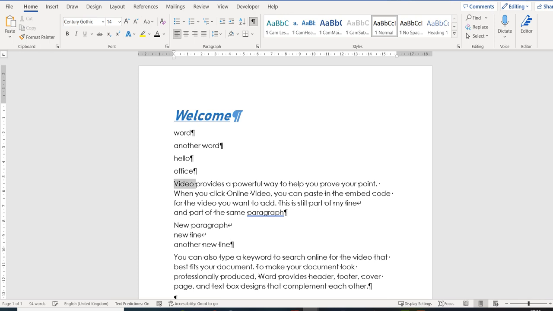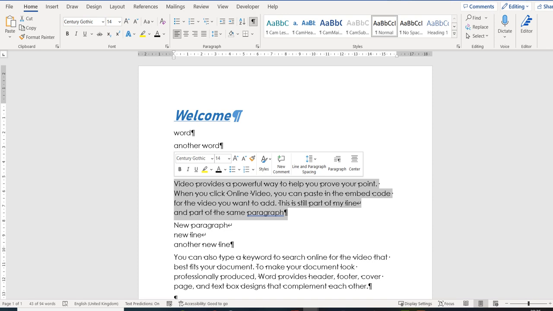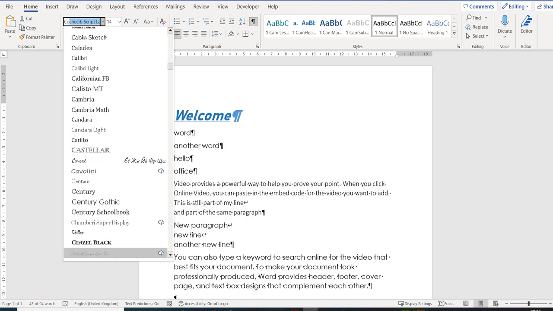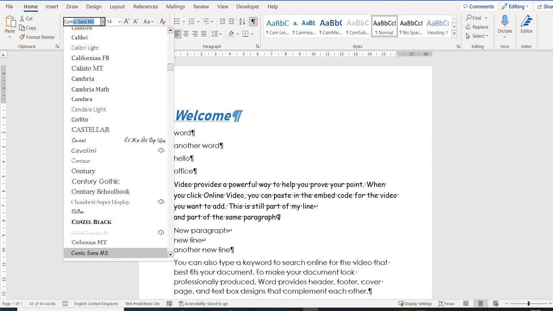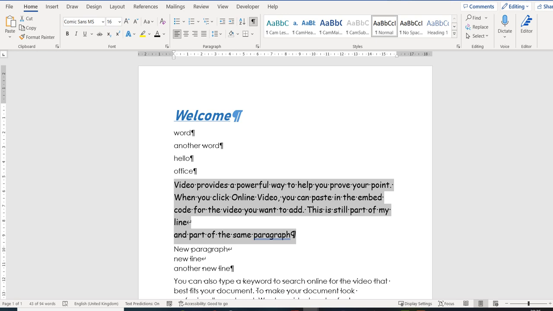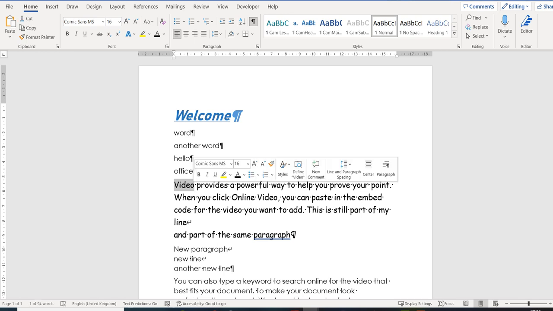So I can highlight this paragraph. I've clicked it 3 times. I can change this to, say, Comic Sans, and I can change it to size 16. Okay. If I want to underline a particular word, I can highlight that word, and let's say I want to